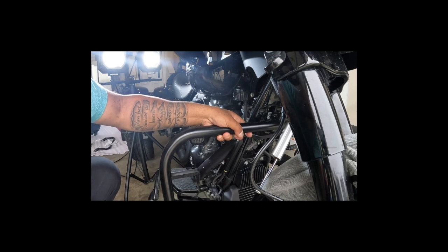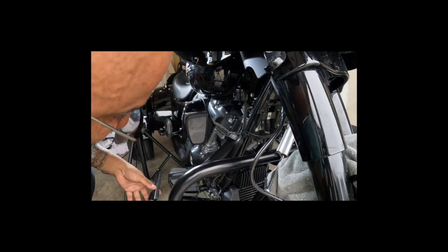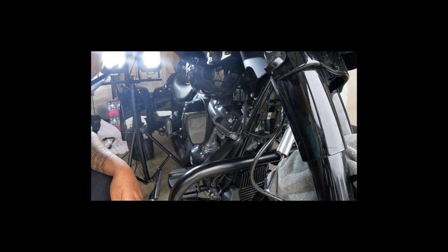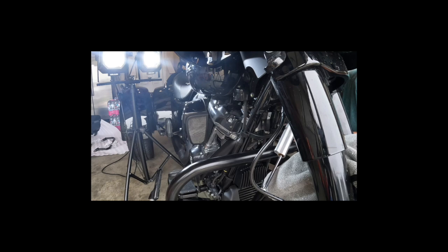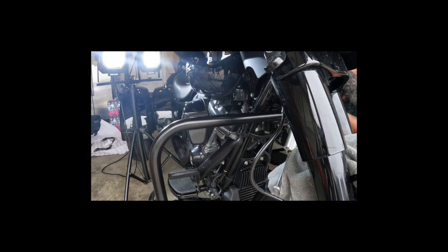I'm starting to wonder if I got the wrong screws off at the bottoms. I might not need to take these out. I'm gonna take them back out. Hopefully the engine guard don't fall. But if it does, so bears. You know, what can you do? So I'm thinking,